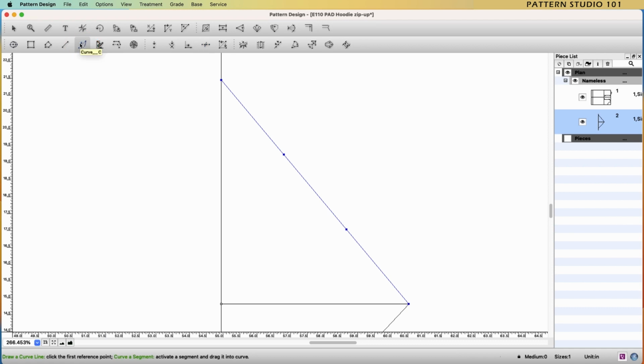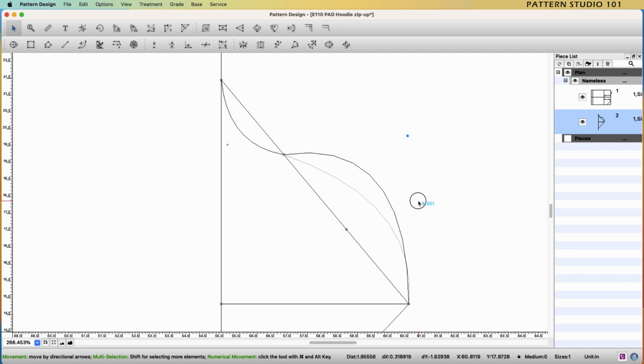Click the shoulder point first, click somewhere out and click this lower point. Again, click this lower point first, click here inside, and click the underarm point. You can revise the curve with the pointer tool until you are happy with the curve.